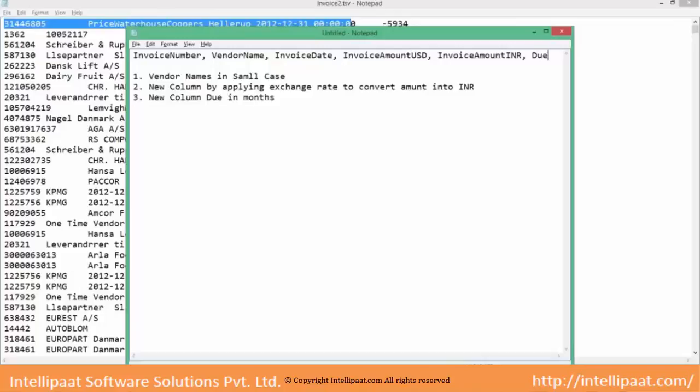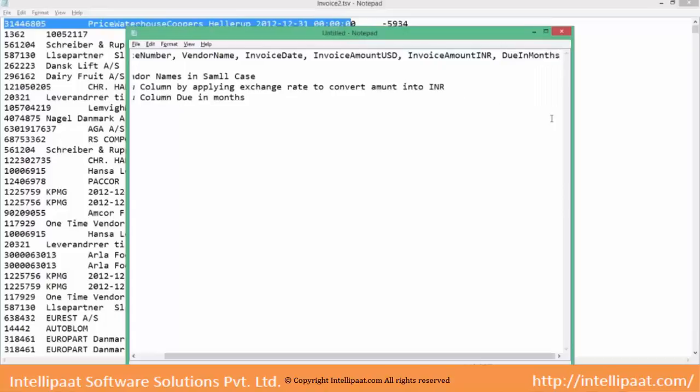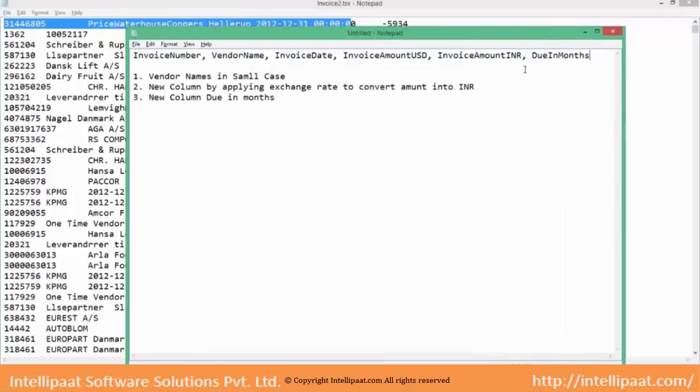And then due in months, that's another new column. So in addition to the existing 4 columns, 2 new columns should be created, one to hold invoice amount in INR and the other to hold due in months.